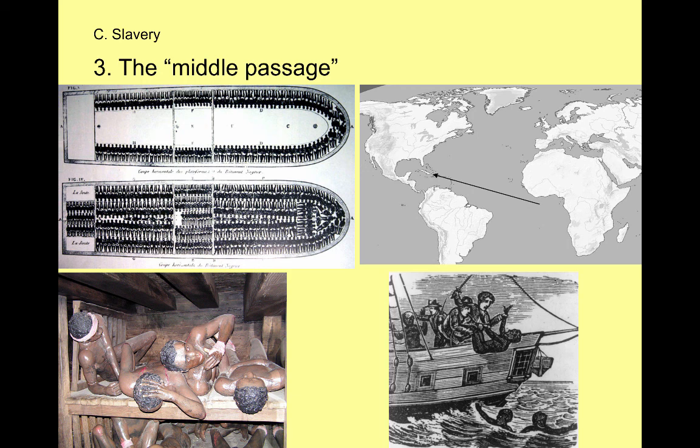And if one slave gets sick, of course, in these close quarters, another slave will get sick and another one. And then if you're the captain who owns the ship and you make your money based on how many slaves you can get from Africa to the New World and sell, you don't want these slaves to get sick. And so at the first hint of sickness, you might unshackle one of these slaves and get them off your boat and throw them overboard to their death. And so we see that of these hundreds of thousands of slaves that come across from Africa to the New World, the first part of their journey, the Middle Passage into slavery, is certainly a horrendous one.